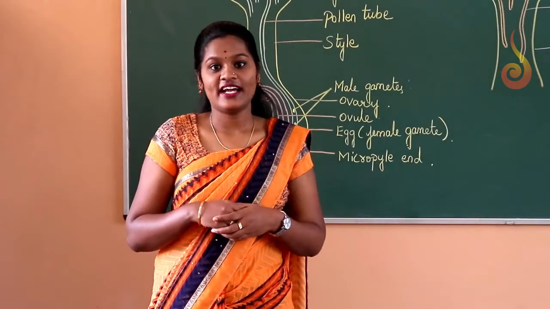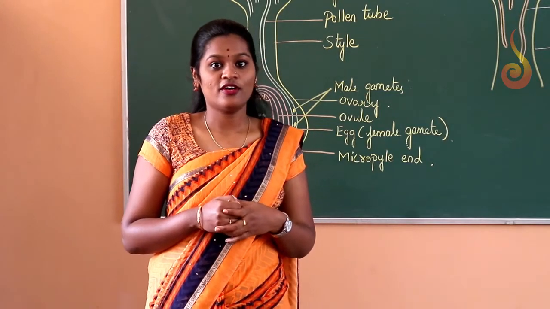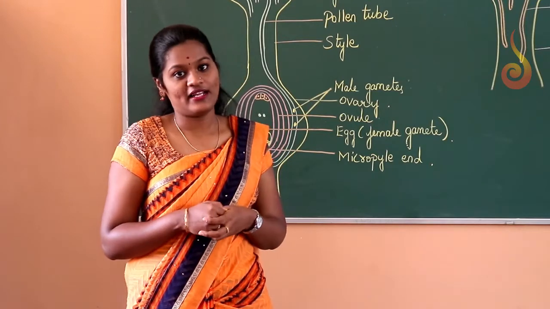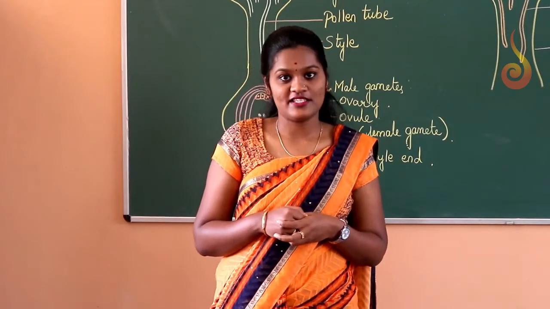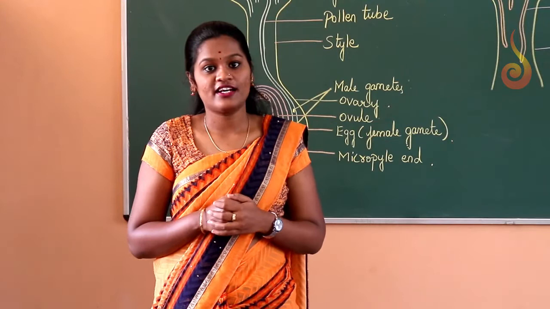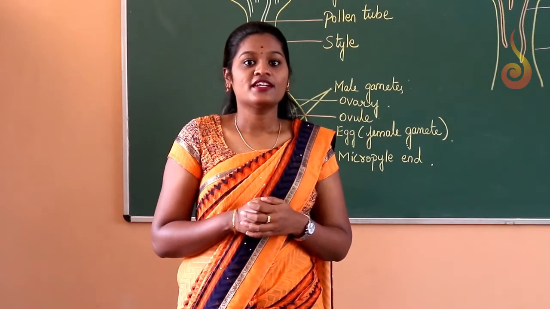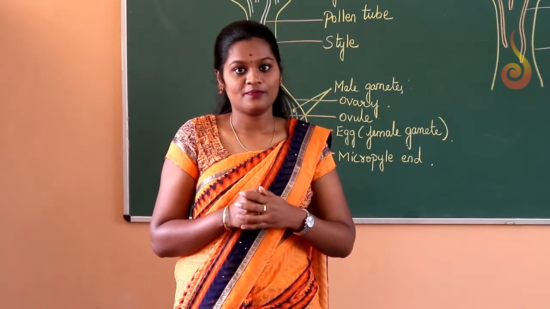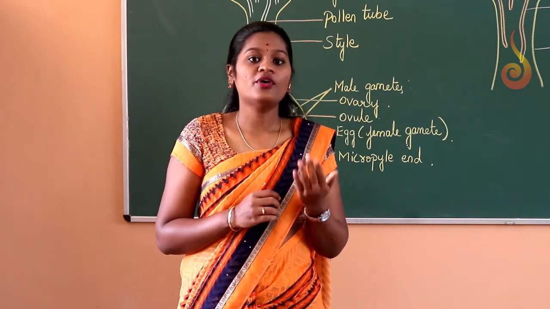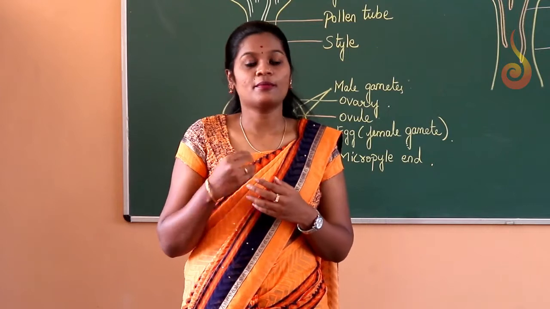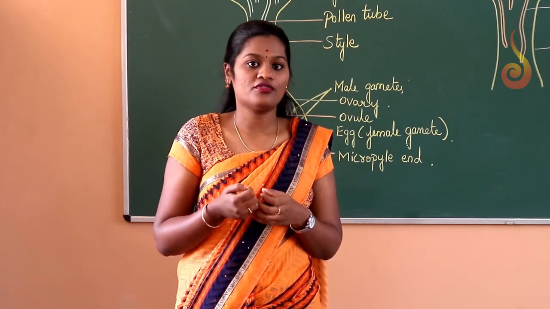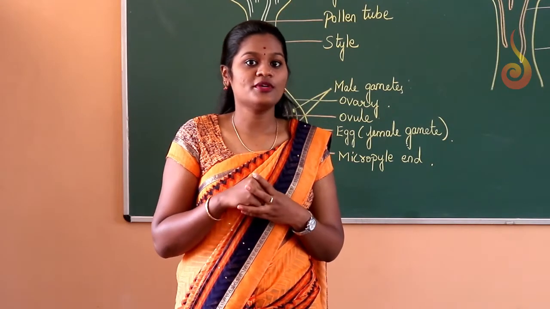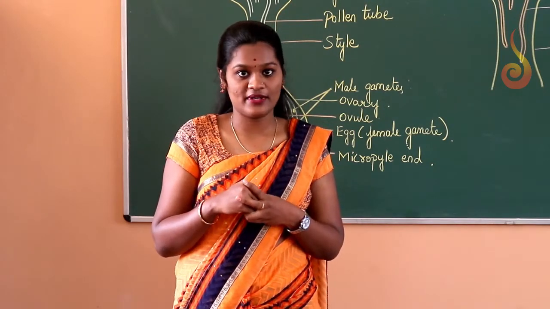Not all the pollen have an ability to germinate on any stigma. So what does it mean? Let us consider 2 plants, a wheat plant and a rice plant. Both these plants are wind pollinated plants. The pollen grains of these 2 plants are dispersed in the wind. So when a pollen grain of wheat plant gets deposited on a stigma of the rice plant, the pollen grain cannot germinate and the formation of pollen tube does not take place.